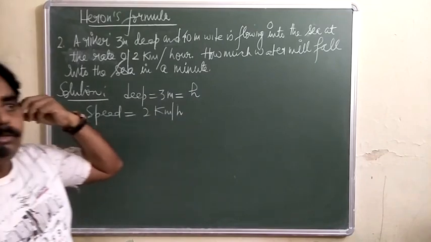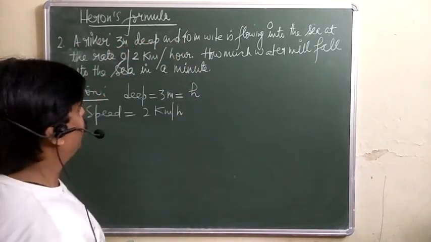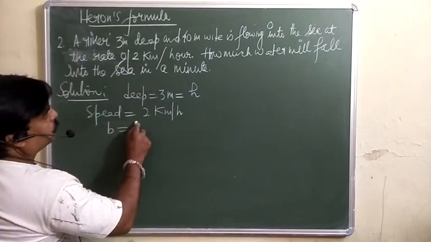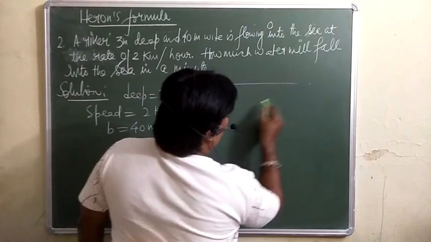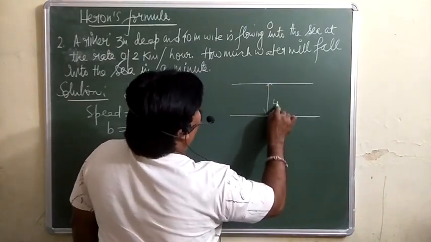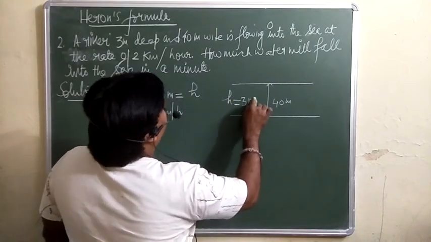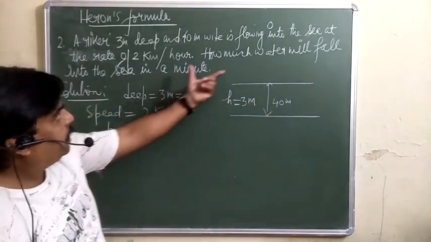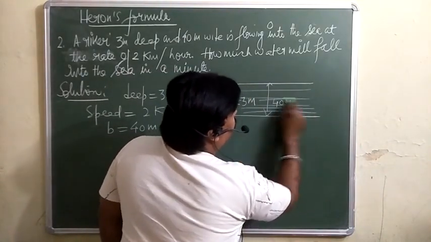Okay. Now the question is: there is a river 3 meter deep and 40 meter wide. The width of the river is given as 40 meter. Deep means this is your river. The width of this river is 40 meter and the depth is 3 meter. Then he is saying the water is flowing at the speed of